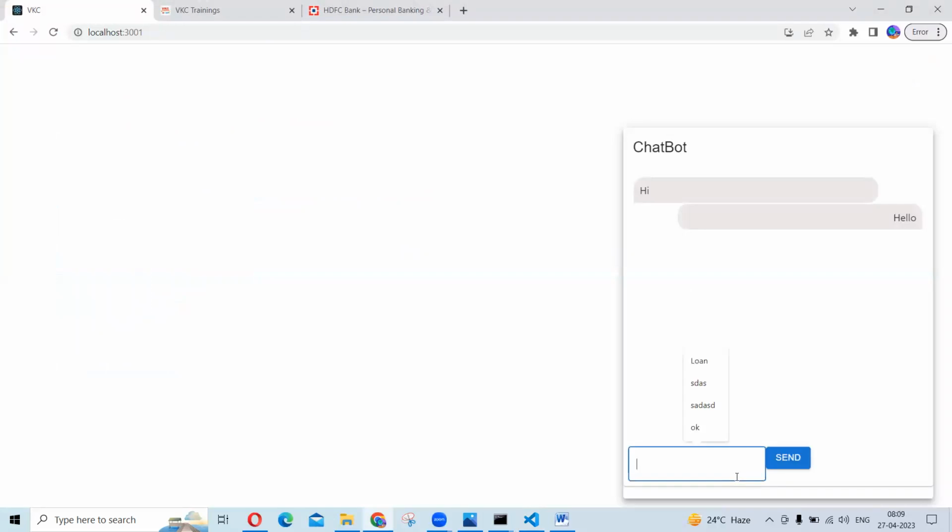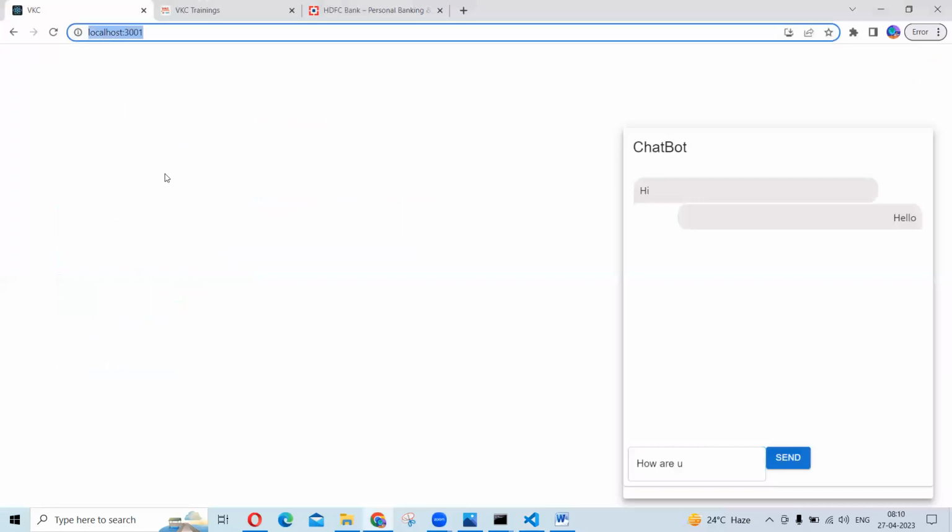Now I will add something here. Let me say hi, hello, how are you? If I send, I will open the same URL again in a different running environment, a different browser, and I will make the communication chat. So my design is completed, just in 5 minutes. Next I want to add